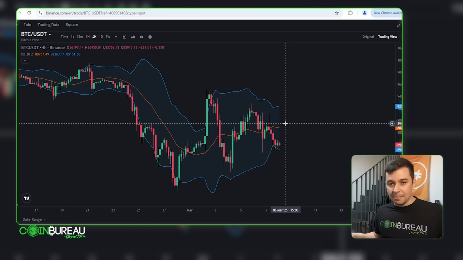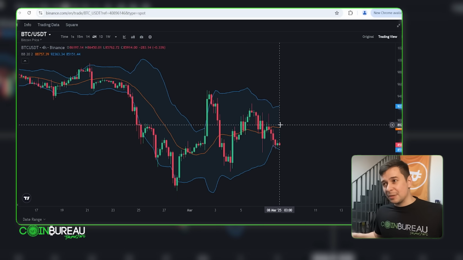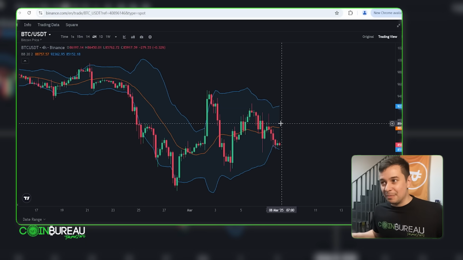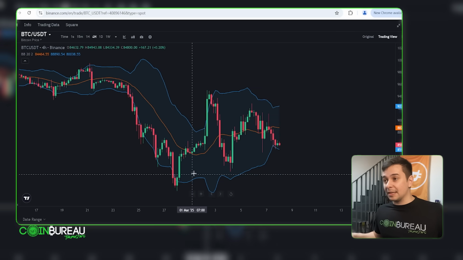And this applies for any crypto, by the way. You can do this with most, especially larger altcoins. With larger altcoins and Bitcoin, this works very well. Some smaller altcoins, especially super small caps, meme coins and micro caps, not necessarily as much, which is why I don't rely on the Bollinger Bands that much on those smaller ones. But what I will do with Bitcoin and the larger ones is I look and I ask,